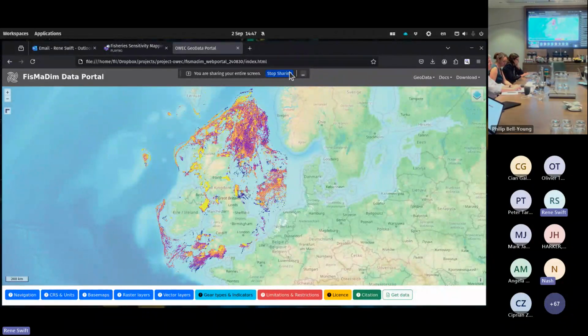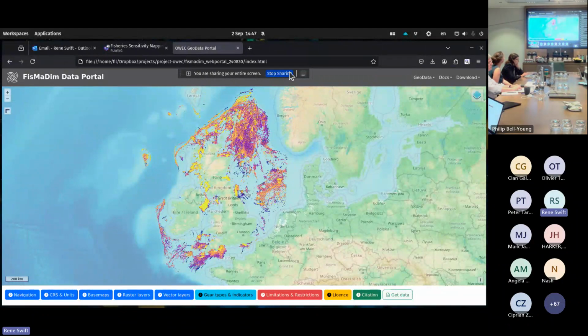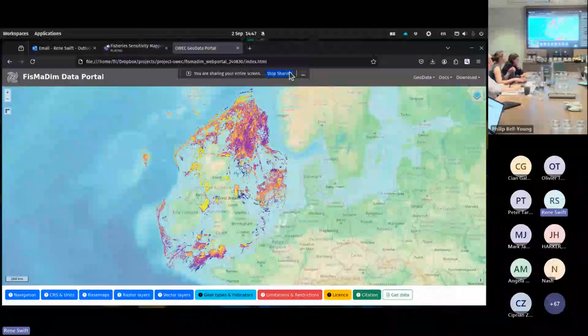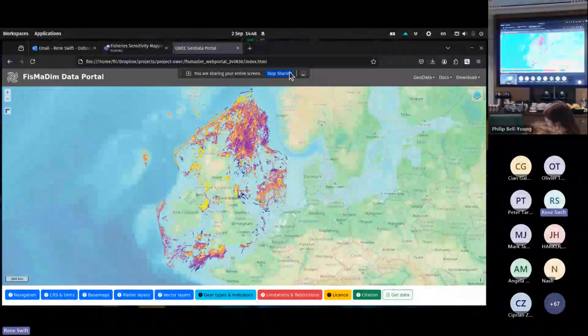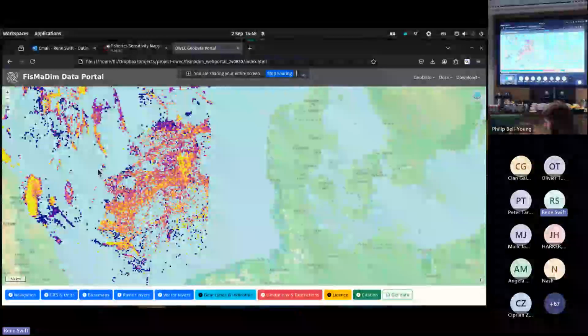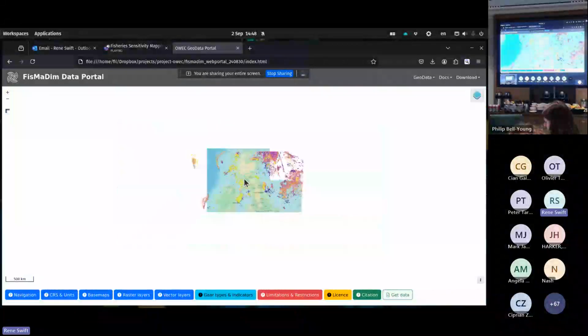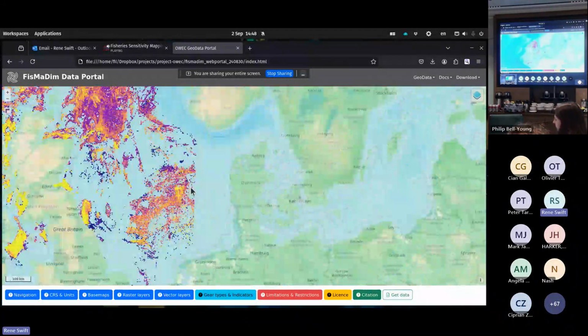The website we tried to keep in a format that's easily accessible, and most of the important information that you want to get hold of is all contained on the home page, which is the page that you're seeing at the moment. The user is able to interact with that page: zoom in, zoom out, drag and drop, as you'd expect on any web mapping tool.